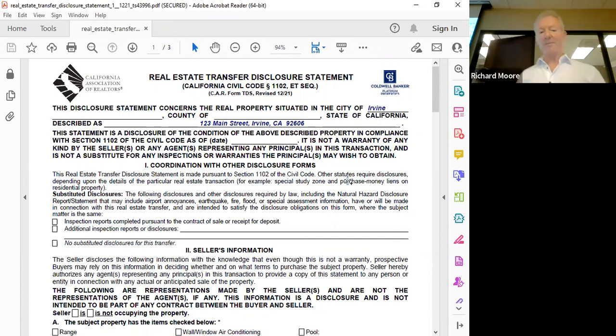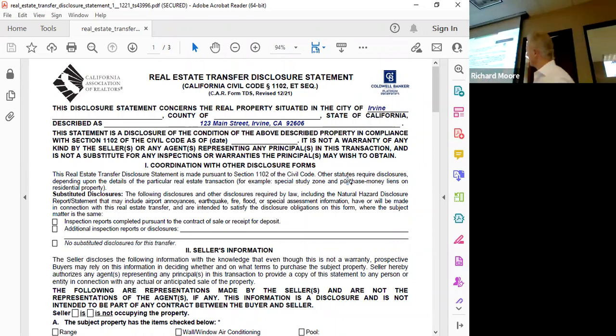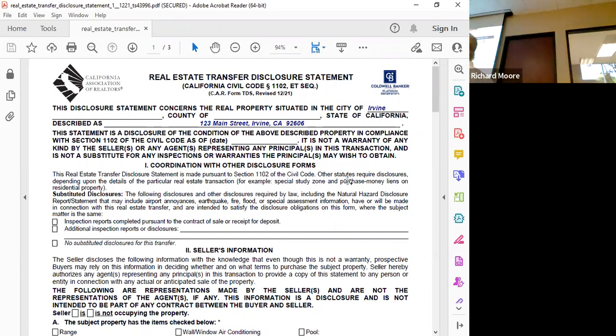So the form itself, we have it up on the screen. Section 1 provides space to list additional existing disclosure reports. When you're completing it, you should be indicating the date of completion, the date that you actually completed, not the seller. So fill that in. Then you can see there's a couple of choices below that. Inspection reports, if you'd like to attach any reports that you or the seller has obtained, you can do so here.